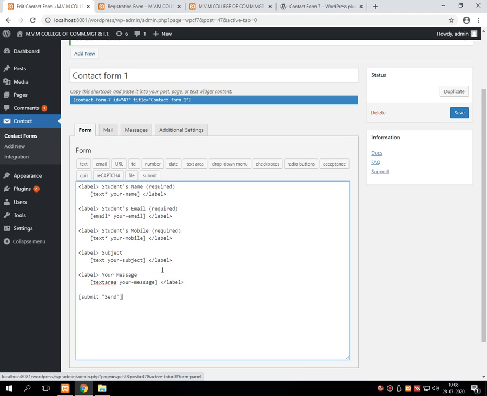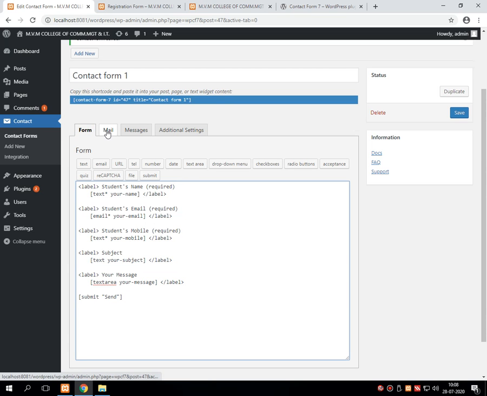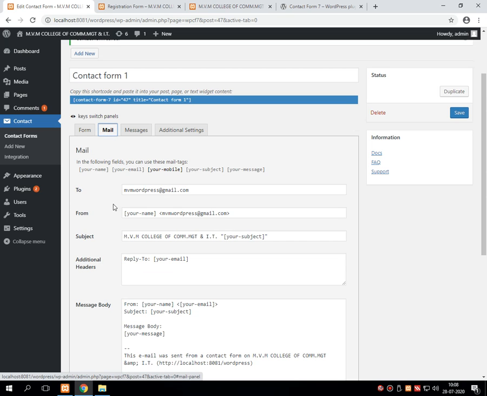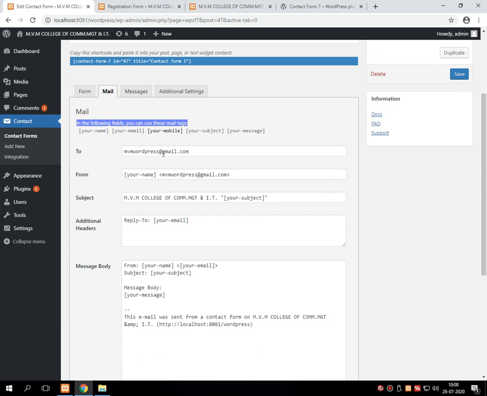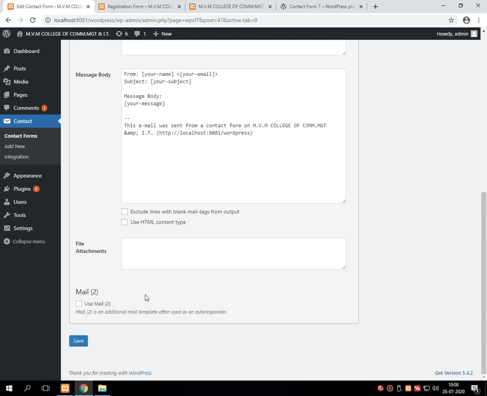Now what I want to do further, this is actually in the tag called form. There are many tags in the settings. All these are in the form. Now I am just visiting the second tag, that is the mail tag. In the mail tag, these things are given, which are for auto redirected mail, suppose we want to do it.